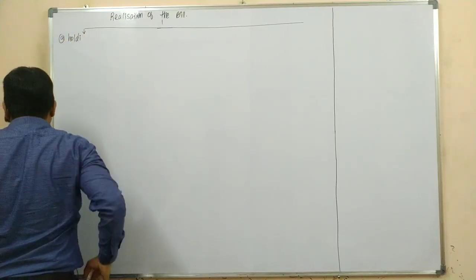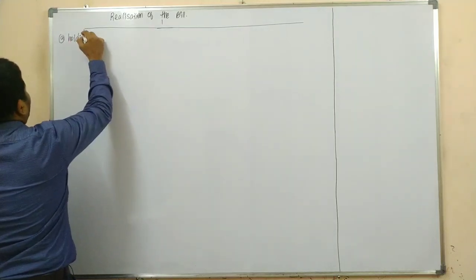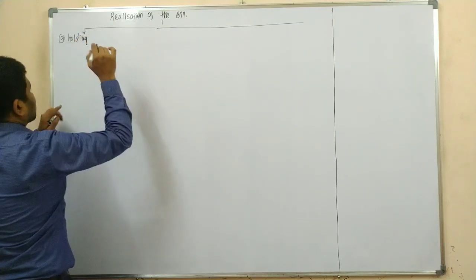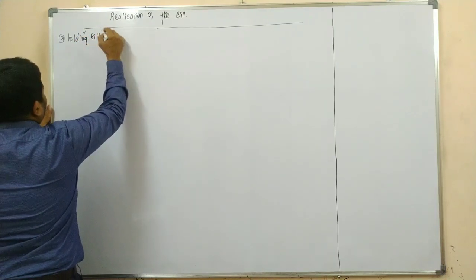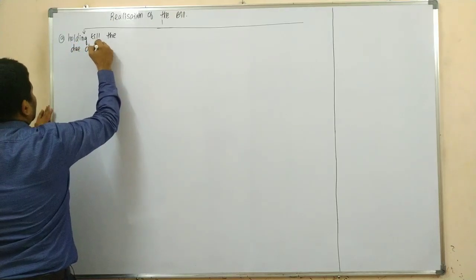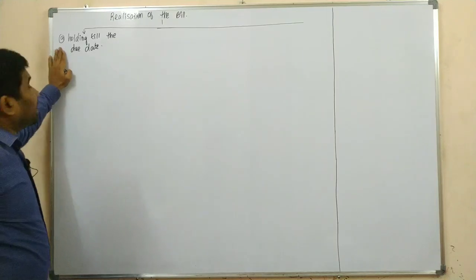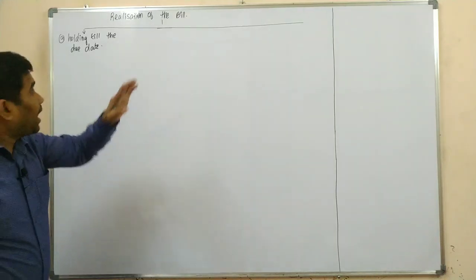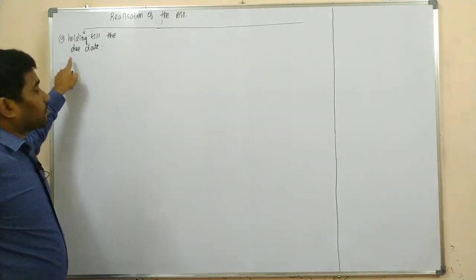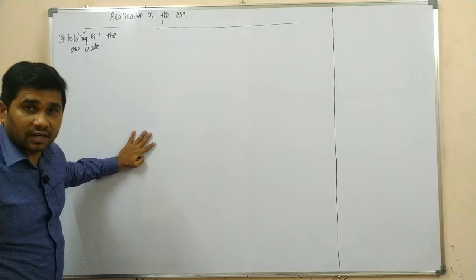holding till the due date, realization of a bill when it is holding till the due date, that means drawer is holding the bill till the due date and the amount was realized. Case 1. What we are supposed to do? We are supposed to record the journal entries.